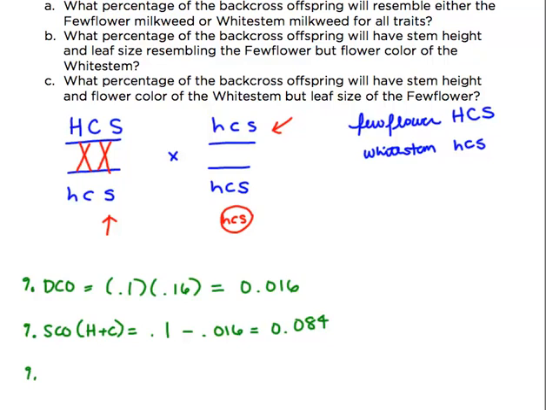Now let's look at the percent single crossover between C and S. Again, you would think it's 0.16, but you have to account for the percent of double crossovers. So it's 0.16 minus 0.016, which is 0.144. So these are all the ways to get a recombinant gamete, which would give you a recombinant phenotype, and that's not what we're looking for here. We're looking for the parental phenotype. So if you add all these together,